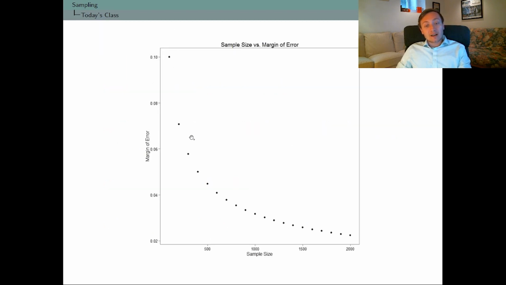And in fact, we can graph this again using R. As the sample size goes up, our margin of error, that is the percent in which we have the credible interval for which we believe our actual estimate lies, starts to decrease in this nice curvilinear pattern. So that by the time we get up to a sample size of about 1,000 people, we're getting into a margin of error below 3%. And so what that means is that because our samples are full of all sorts of random people, as long as we're sampling properly and not oversampling by accident some group or another, we're getting closer and closer to the true population estimate every time we sample a larger sample.